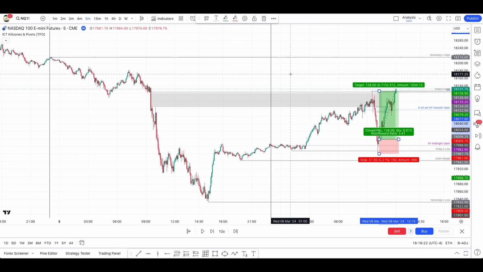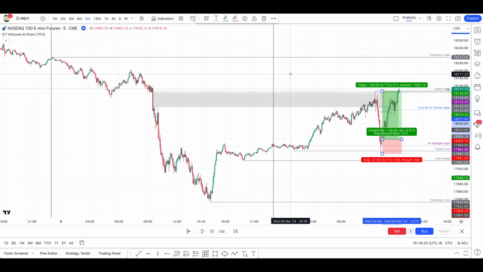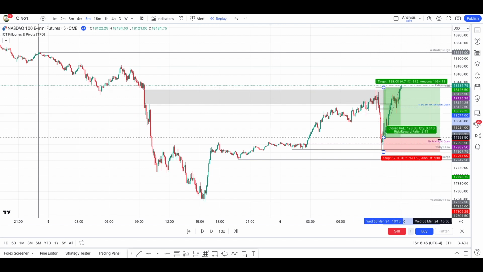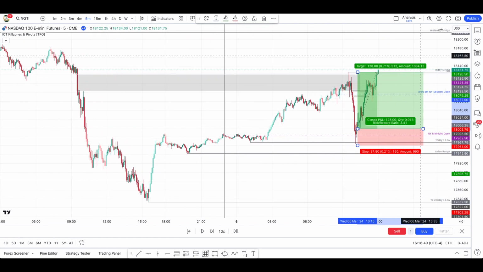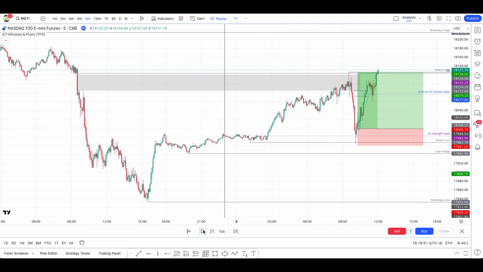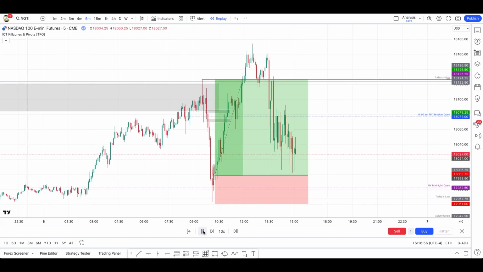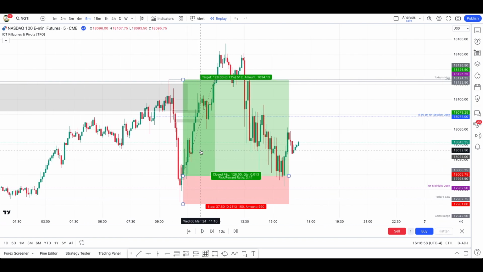Let's say you're always targeting today's high or today's low, the opposite side of your trade. How much more would you get out of the trade? Or what if I was always targeting yesterday's high or yesterday's low as a final take profit target? So you could maybe take 60% of your trade at the 1 to 3 or at today's high and then let the rest run. I think some of my members are actually doing that. Let's see if we can reach yesterday's high. And no, finally we stopped here.